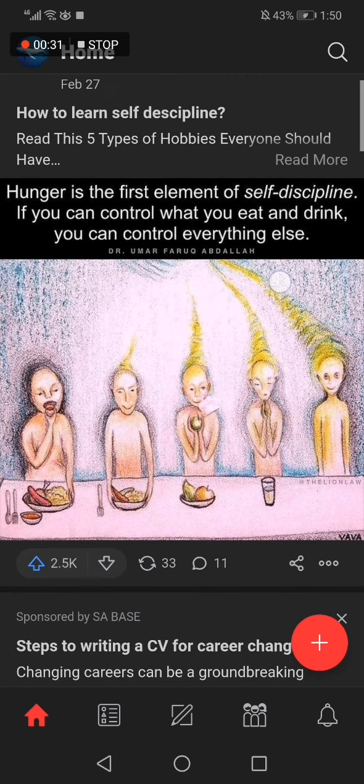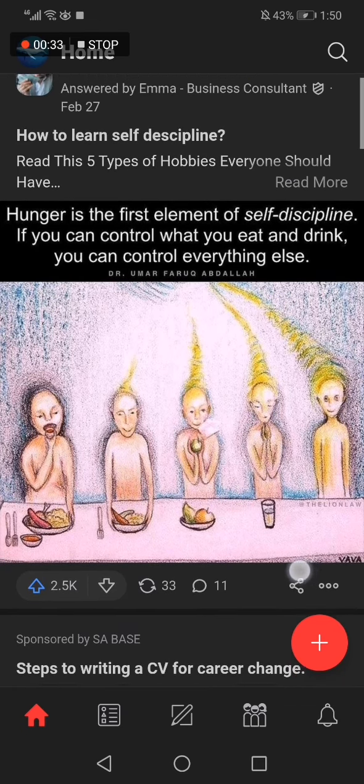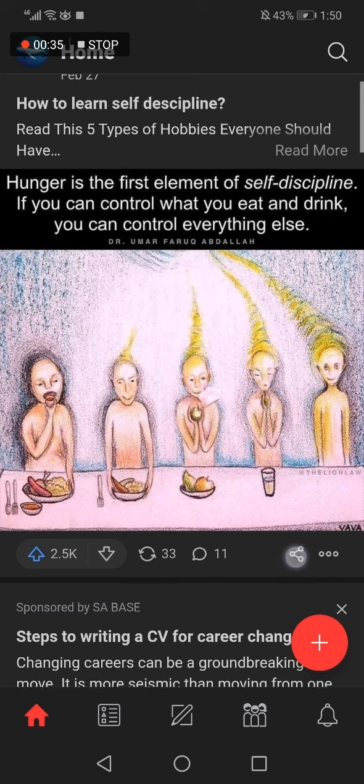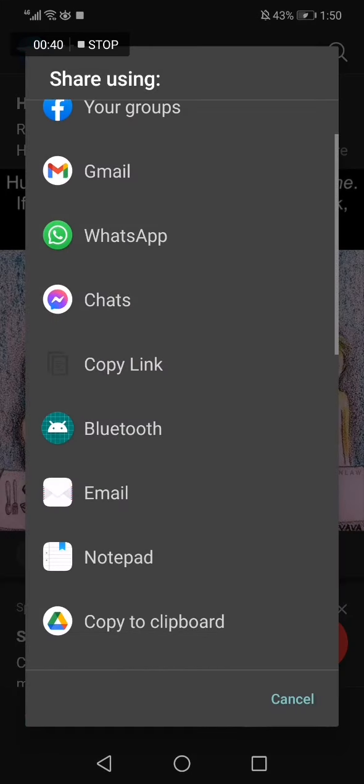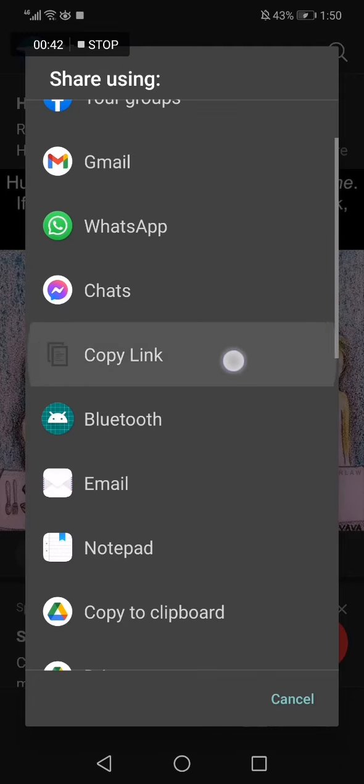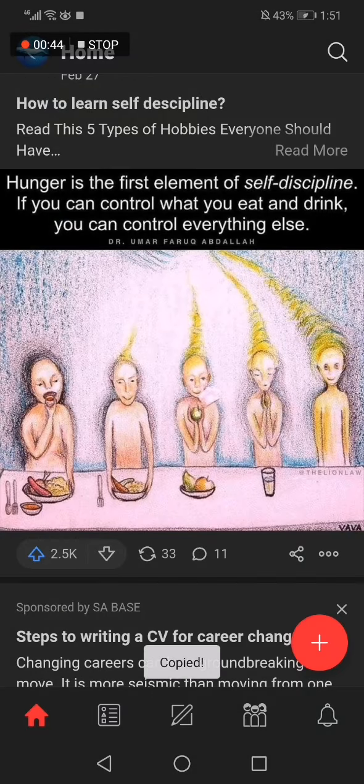Now if you want to copy the link, all what you have to do is click on this icon right here and click on it. Now go down until you find copy link option. Click copy link and the link is